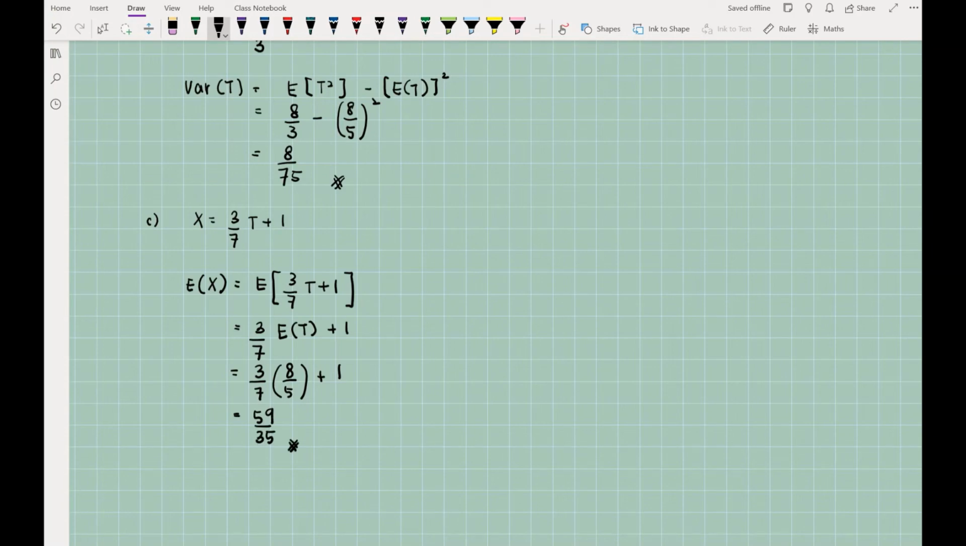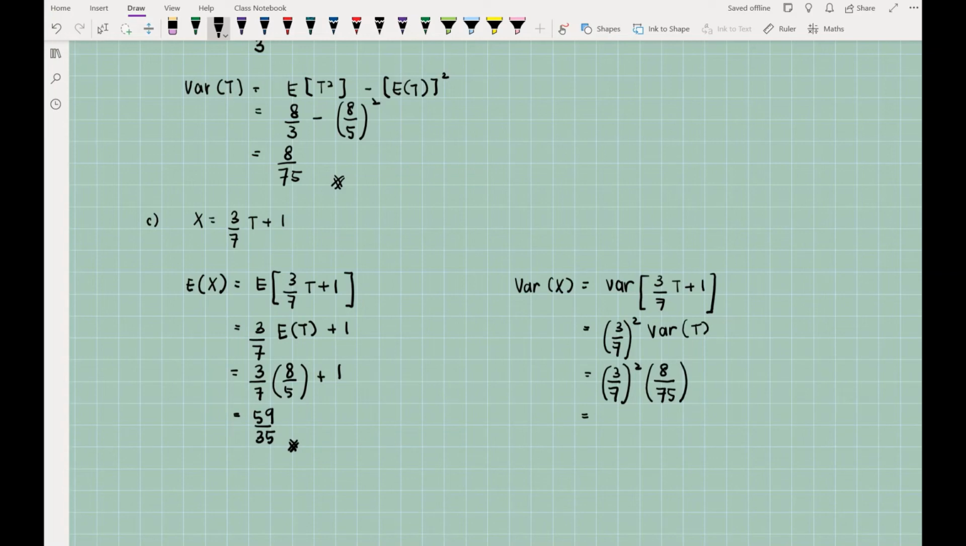59/35. Okay, as for the variance, now we want to find variance of X. That is just finding the variance of 3/7T plus 1. So again, using the properties, we know that here we will get 3/7 square multiplied by the variance of T, which again we have already calculated. So 3/7 bracket square multiplied by variance of T just now is 8/75. So we are going to get the answer for variance of X is